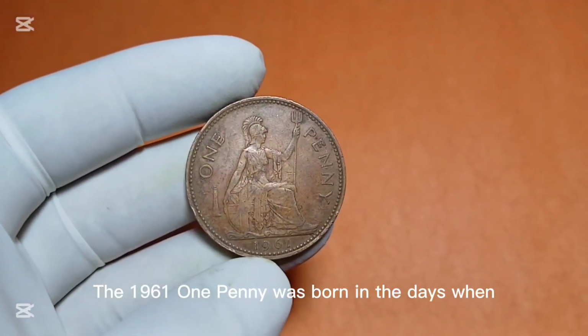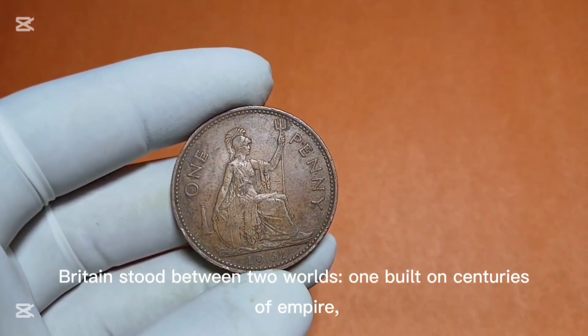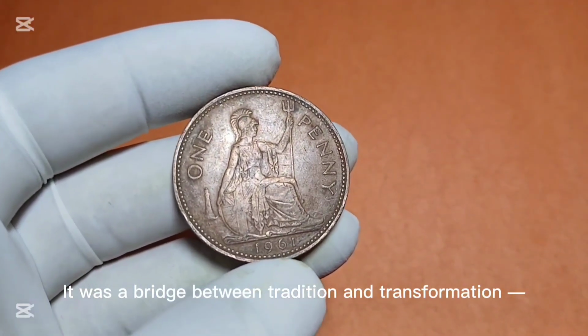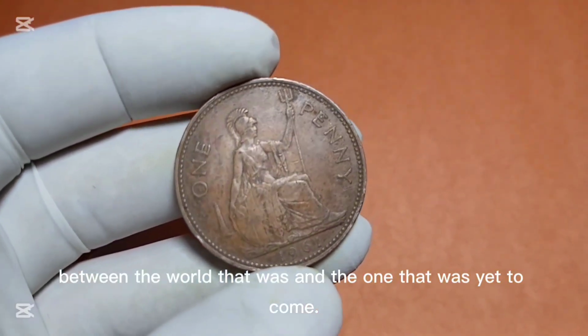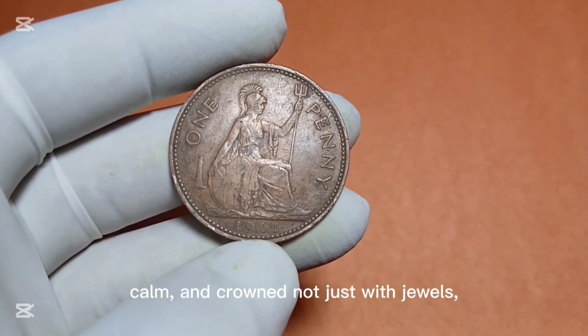The 1961 1 penny was born in the days when Britain stood between two worlds, one built on centuries of empire, and the other reaching toward the promise of modern times. It was a bridge between tradition and transformation, between the world that was and the one that was yet to come. On one side, the radiant face of a young Queen Elizabeth II, confident, calm, and crowned not just with